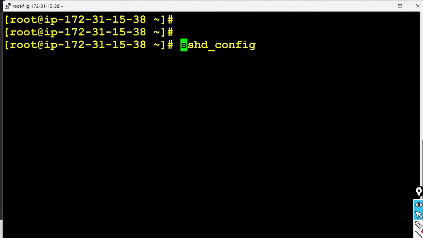No, it's not like that. If you want to open any file, we use nano. Nano is a text editor tool. Why, sir, why do you use the text editor tool? Because I need to modify some lines inside the SSHD configuration file. I want to add some text inside my configuration file. Modification purpose. Okay, nano.